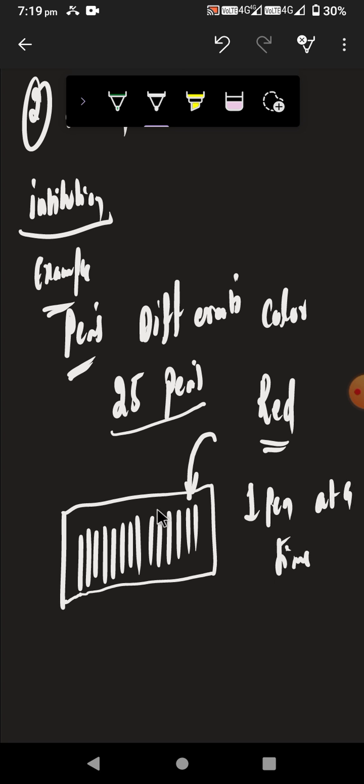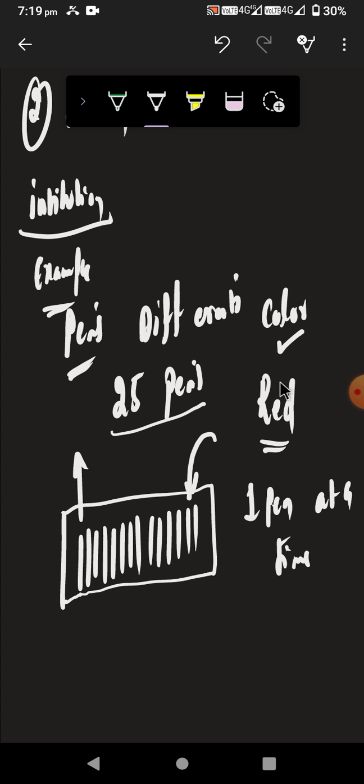Now there are different color pens, you are given red color, and you have to pick a pen from this box. How can you do this task? You pick a pen and check if it is red. If it is red, your searching is successful.